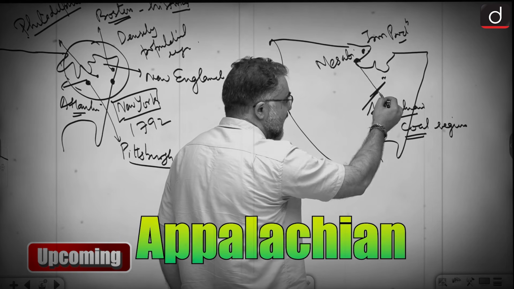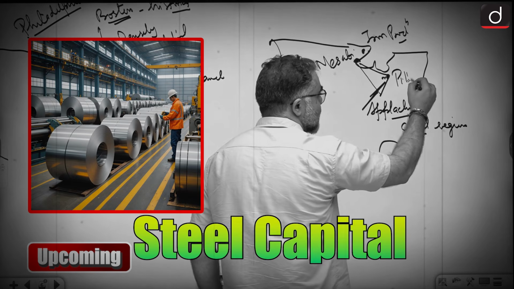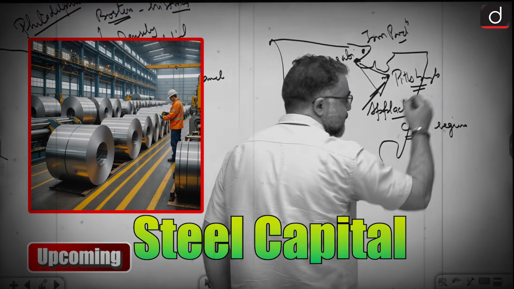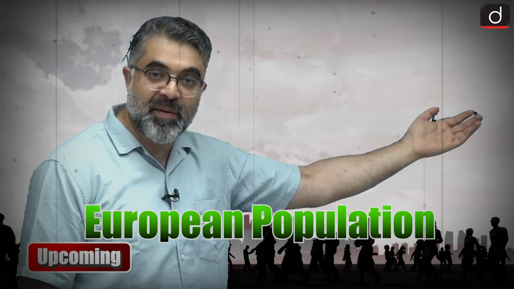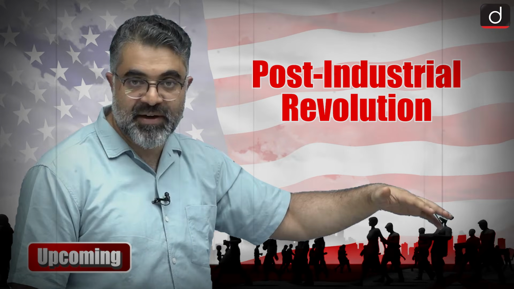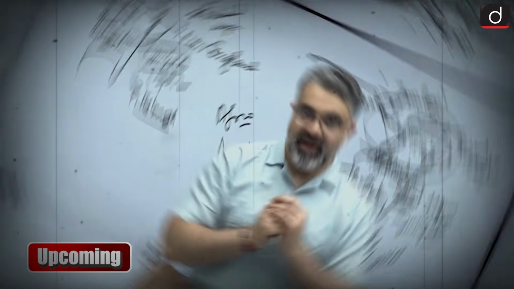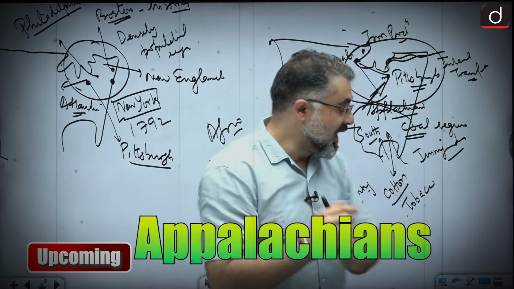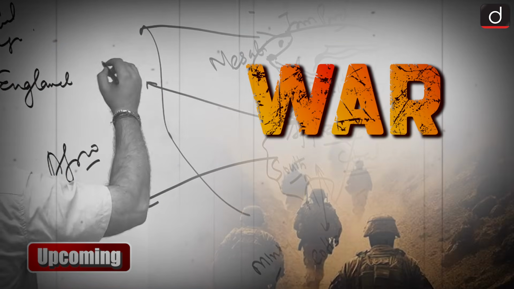Mesabi iron, Appalachian is the coal, and Pittsburgh becomes the steel capital. So you can see the black population of USA living largely towards southern states of USA, and a European population which migrated during the Industrial Revolution, post-Industrial Revolution, largely in the northern regions of USA. And that is where Appalachians, these mountains of Appalachians, they acted as